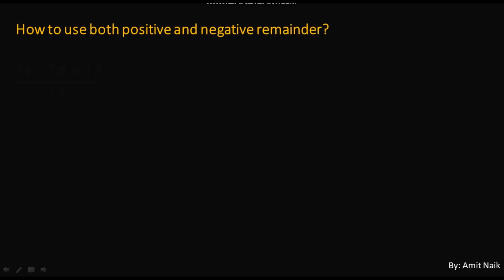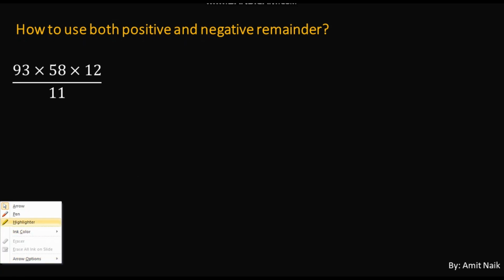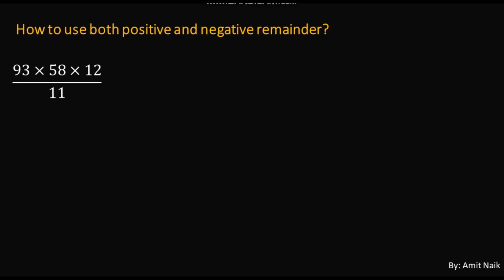Let us look into one more question. Here I'm going to teach you the multiple ways of solving one question. Okay, by which I mean I will solve the same question by positive remainder, and also by negative remainder. Okay, let us see. 93 by 11, 11 8's are 88, the remainder is plus 5.